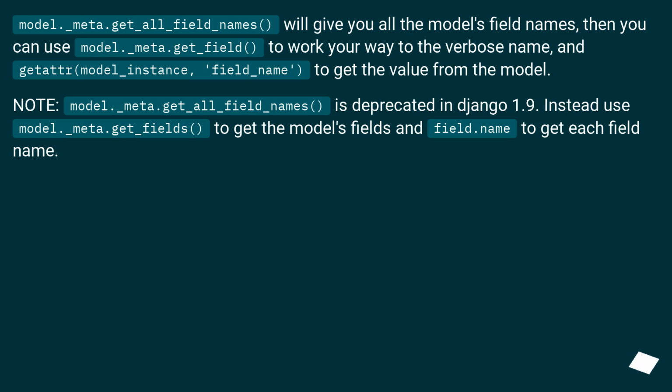Model._meta.get_all_field_names will give you all the model's field names. Then you can use model._meta.get_field to work your way to the verbose name, and get it from model_instance, field_name, to get the value from the model. Note,